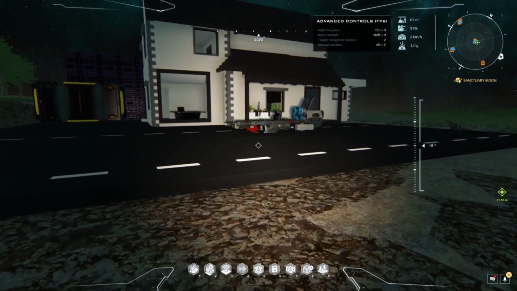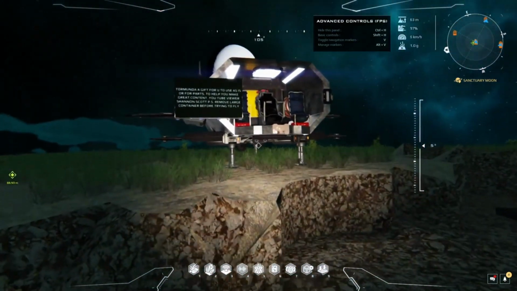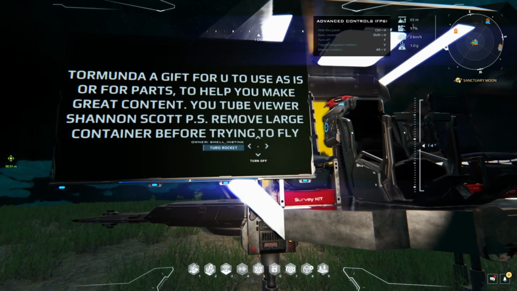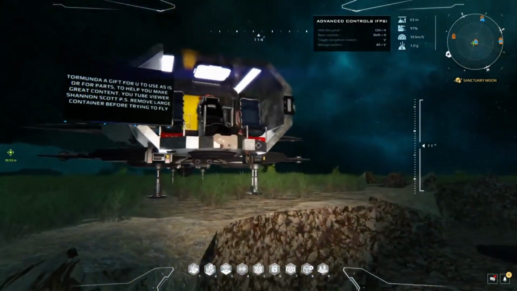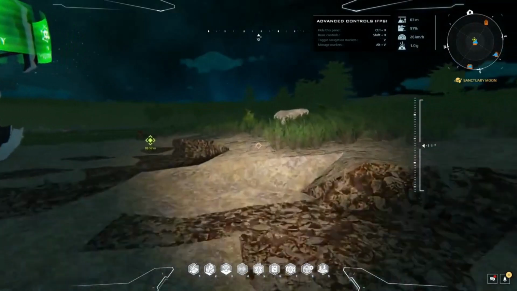And I was very surprised when I logged in and had a look at my house, because behind my house was a spaceship with this message on it. "Tormunda, a gift for you to use as is or for parts to help you make great content. YouTube viewer Shannon Scott. PS, remove the large container before trying to fly." There was a large container sat on the top. I have removed the container. So, Shannon Scott, one of our channel viewers, has landed at my...